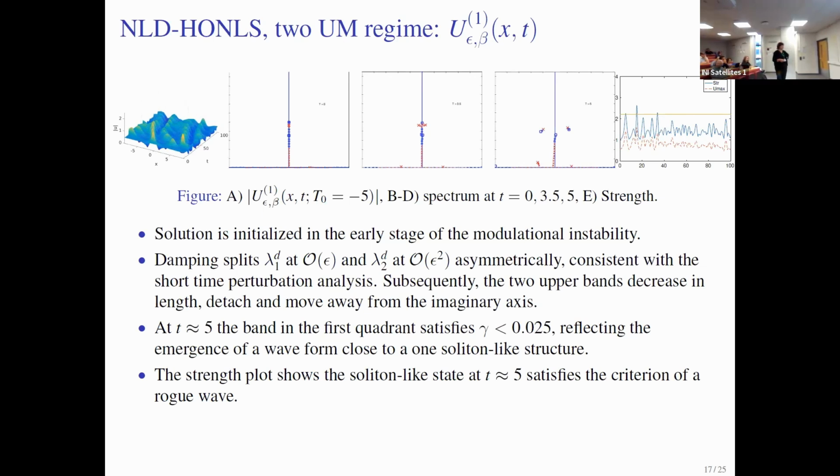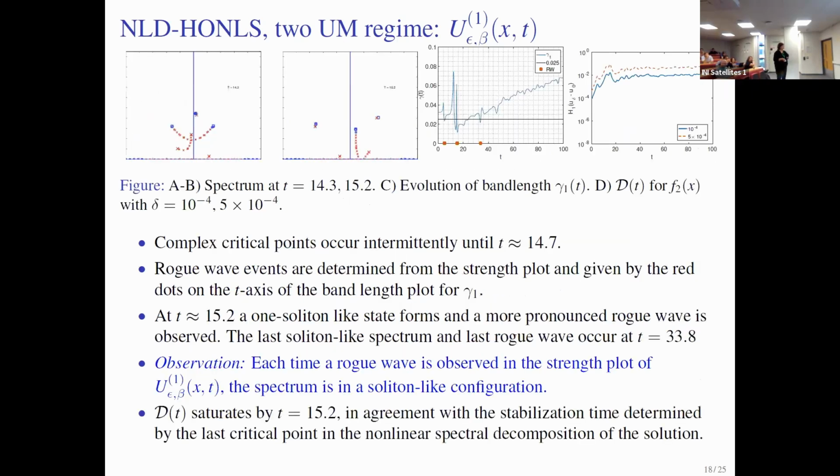And so at about t equals 5, in the first quadrant, this band is less than 0.25, and it's reflecting the emergence of a waveform that's close to a one soliton-like structure. And so you see that in the strength, this is the strength plot now, and 2.2 is the criteria for a rogue wave. And so you see that you're getting a rogue wave at around 5. So if you look further in time,